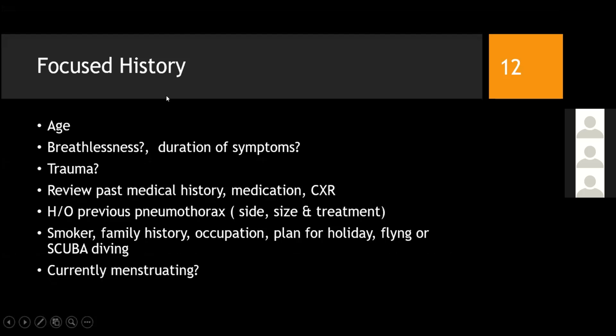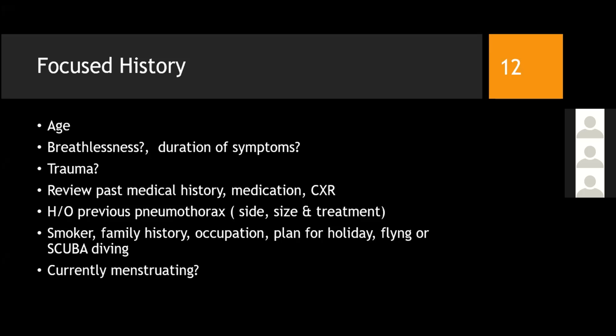So moving towards the next slide, after the clear chief complaint and ABCD assessment, our further procedure is obtaining the detailed history of the patient. But when the clinical severity is high, then we proceed to treatment immediately rather than taking the history. But regarding the history, we should ask about age, the duration of breathlessness, any history of associated trauma, penetrating or blunt trauma, any past medical history, any medication taken, any previous chest X-rays, and any history